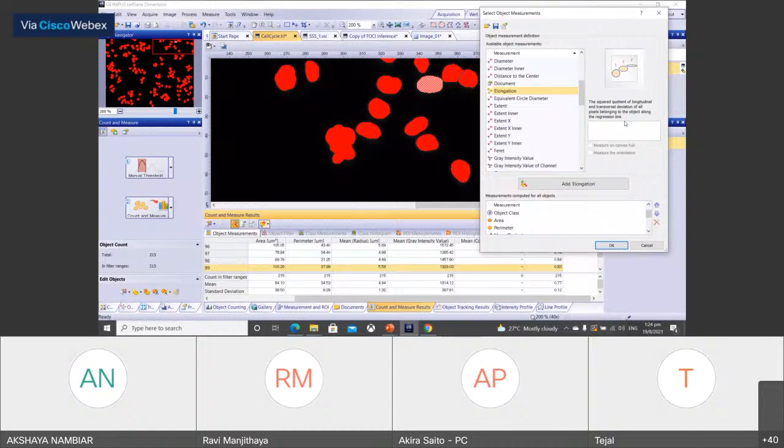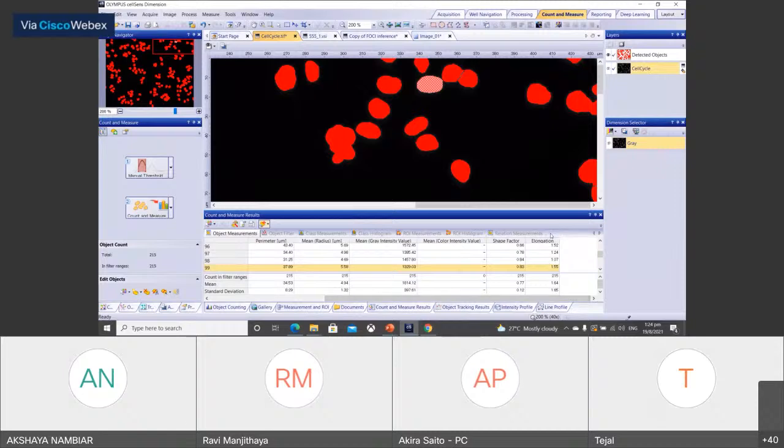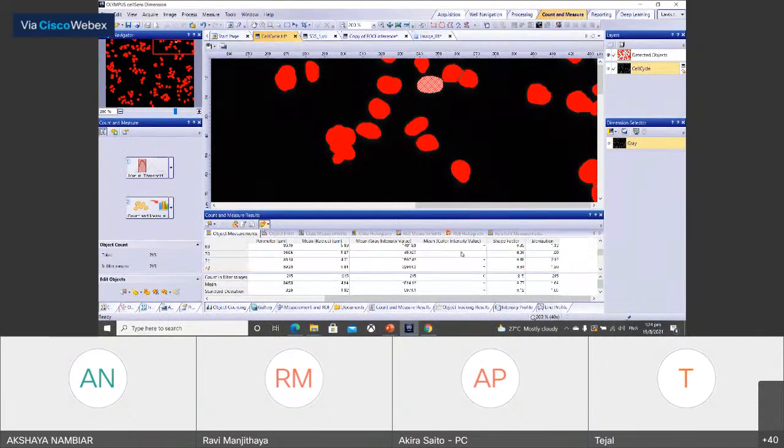So it will have a very elongated nucleus or object. So we just add it over here, and then you can find that information in each object.